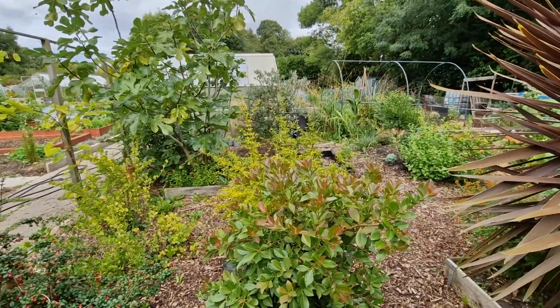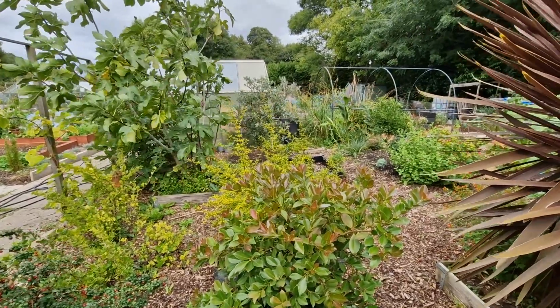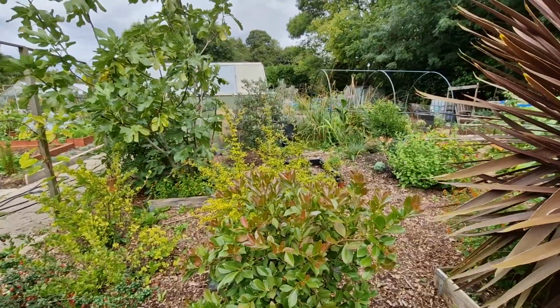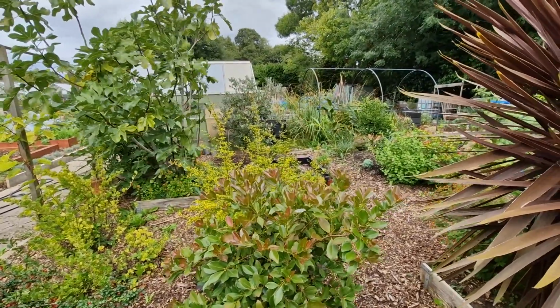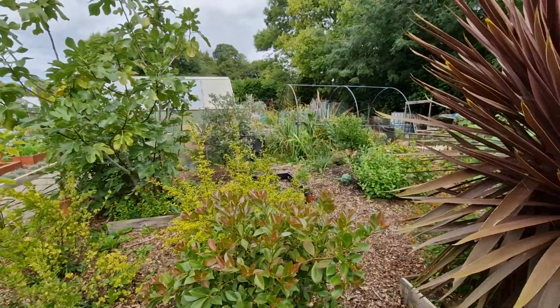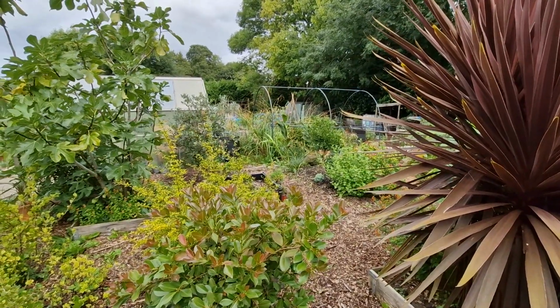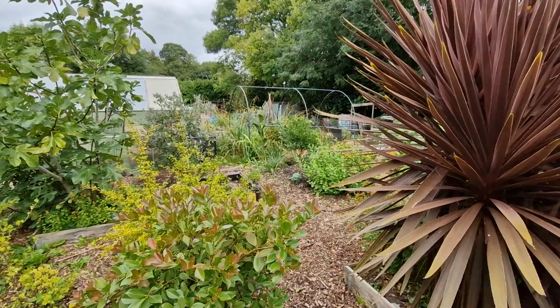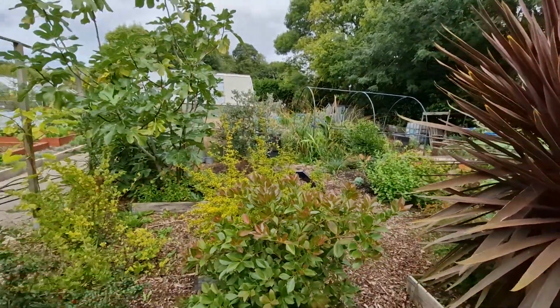I'm on my allotment. I'm going to be doing a kind of monthly update I haven't done for a while. It's coming to the end of September now, so I thought I'd do an update at the end of the month. It's the 25th of September today, so I'm going to go around and show you how everything's doing. Again, I'll divide it between the fruit and the ornamental and the greenhouse, etc. So basically we'll start with the